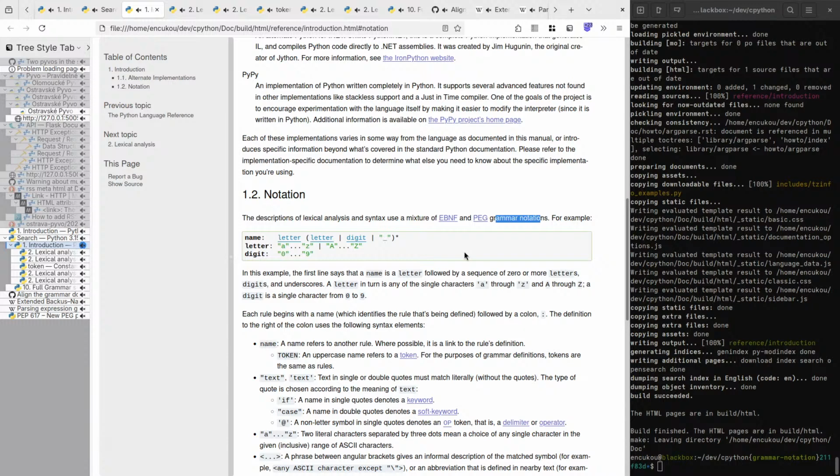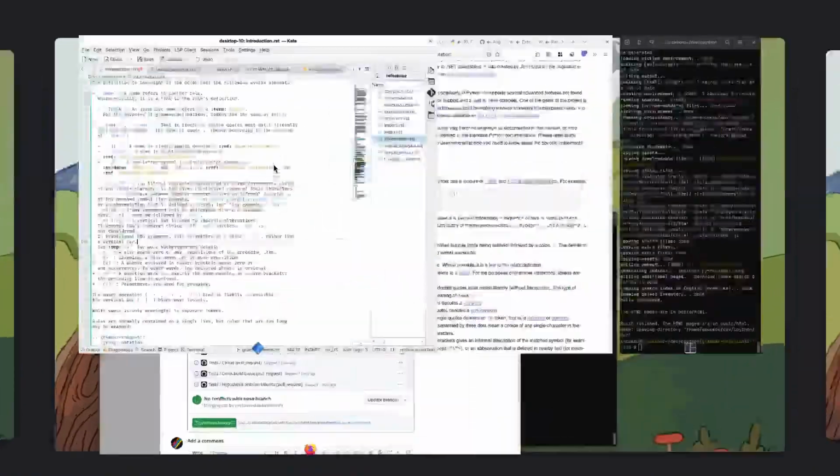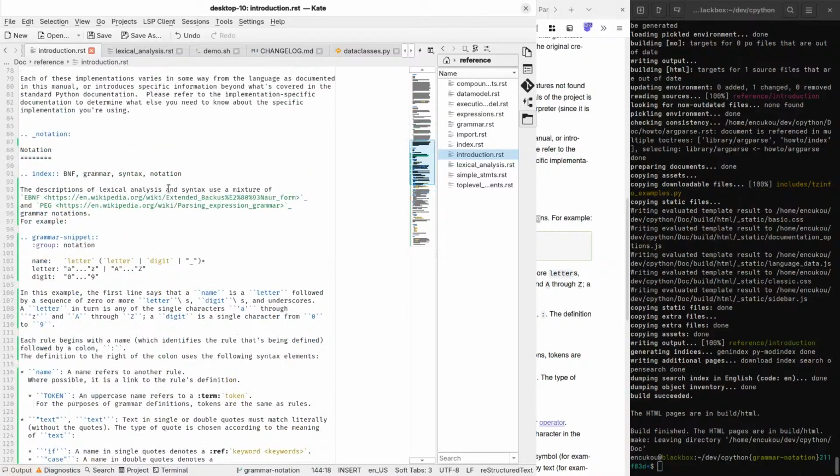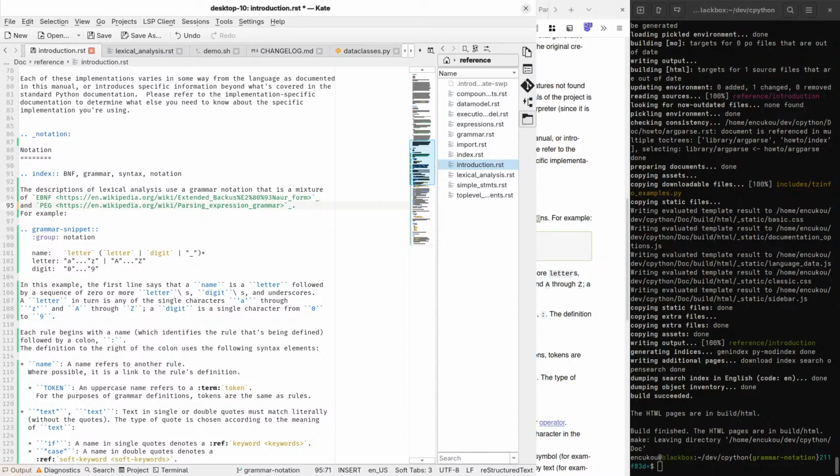So we can say the descriptions use a grammar notation that is a mixture of EBNF and PEG.